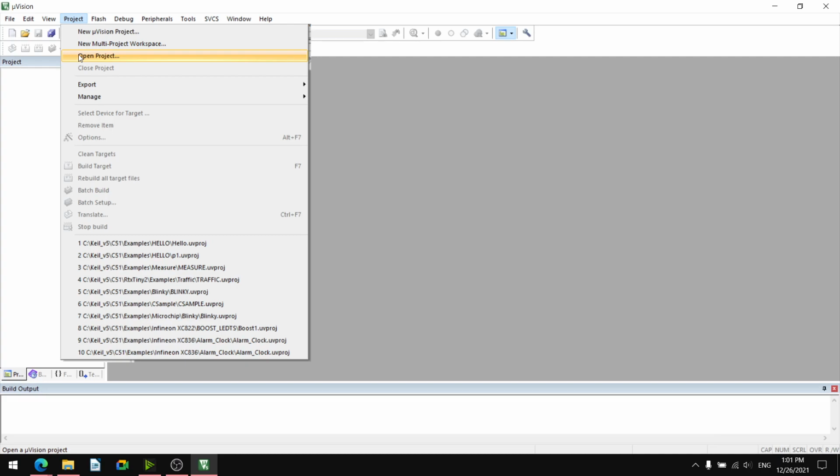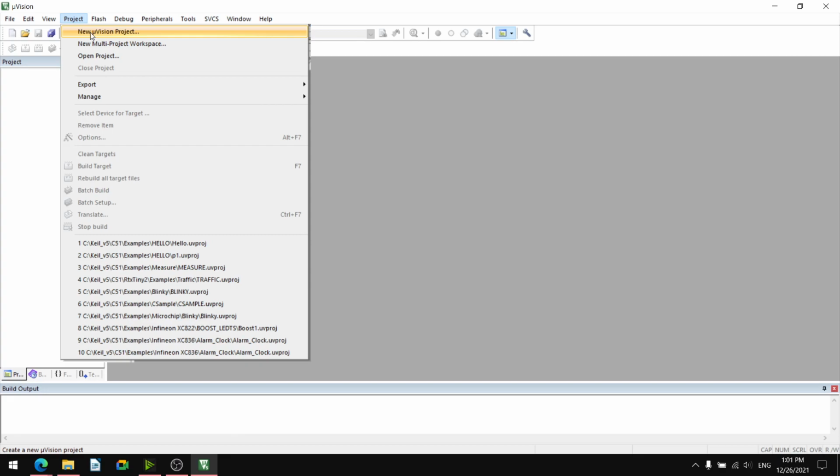So we can open an already existing saved project. That saved project may be from the Keil examples, or from our own folder, whatever we have prepared as a practical or experiment prior to this. So this is for the Open Project button. The New Microvision Project button is where we start from scratch.